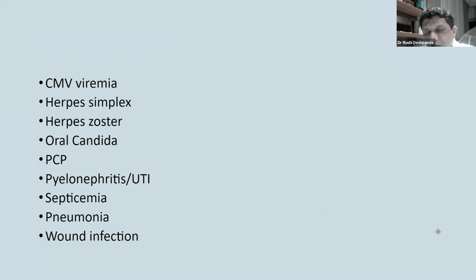Drug levels are fairly easily available, and monitoring the drug dose can help us target the level between 5 to 8, which is where we likely keep it. But when you are using it in combination with the calcineurin inhibitor, you target it lower, between 3 and 5, because there is an interaction at the level of the tissue. That is called a pharmacodynamic interaction between this group of drugs and your calcineurin inhibitors. So when you're using these two drugs together, you should target the drug levels on the lower side.